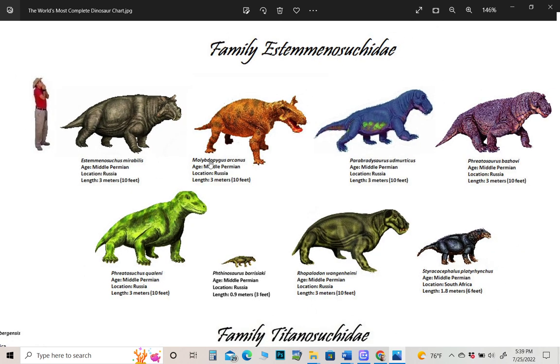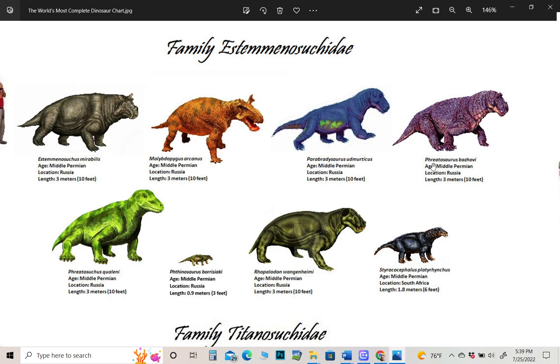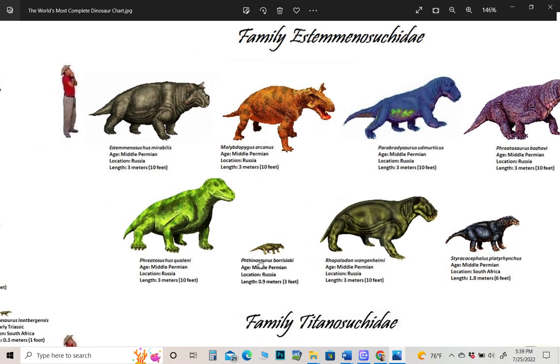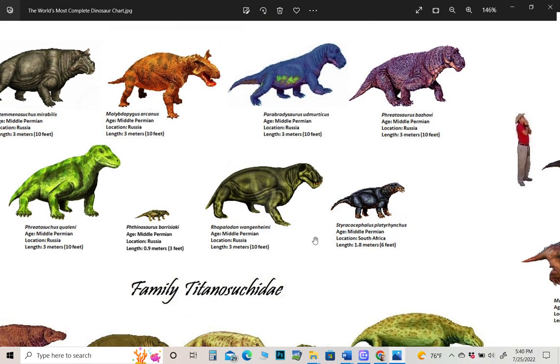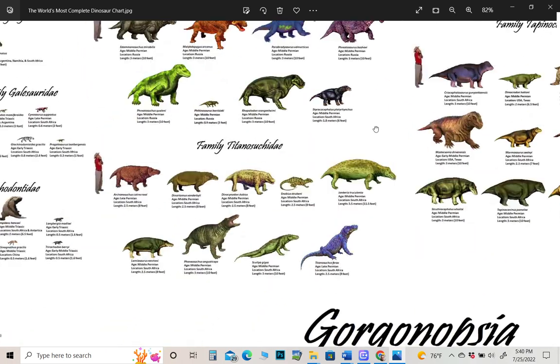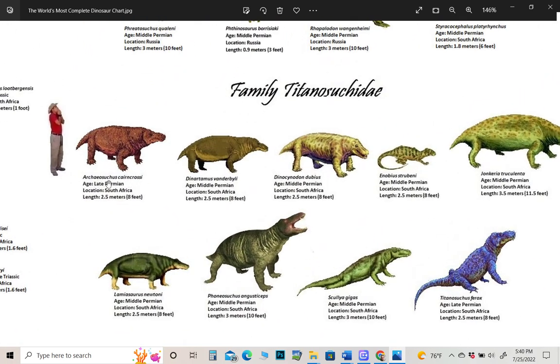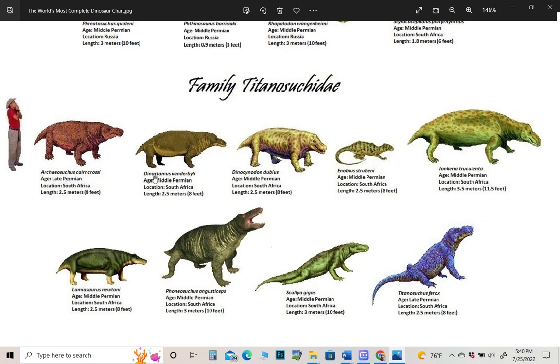Estimanosuchus, Molybdopigus, Parabradysaurus, Thredosaurus, Fredosuchus, Thinosaurus, Ropelodon, Styracocephalus, and the Titanosuchids. Archaeosuchus, Artemus, Dinocynodon, Enobius, Joncaria, Lamiosaurus, Phoneosuchus, Scullia, not related to Dana Scully of the X-Files fame, I don't believe. Titanosuchus,